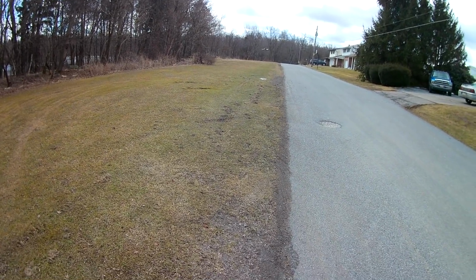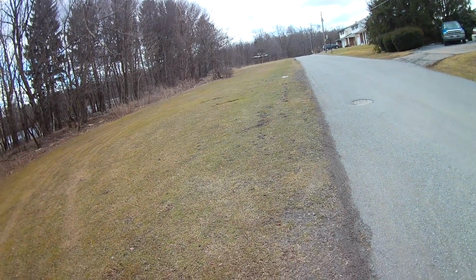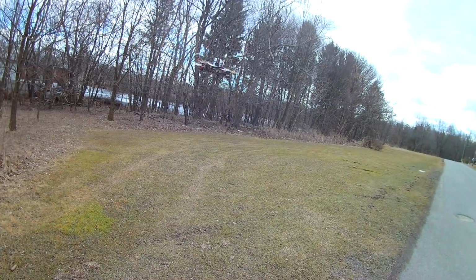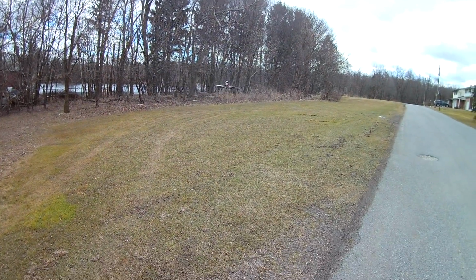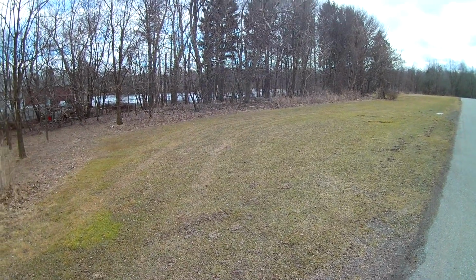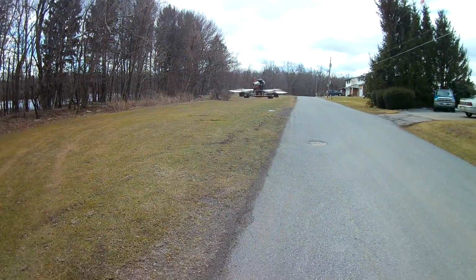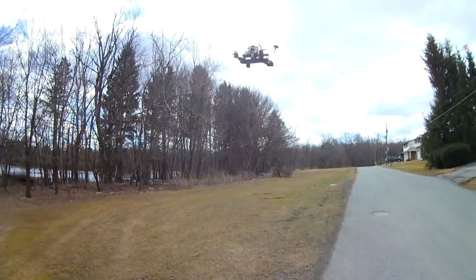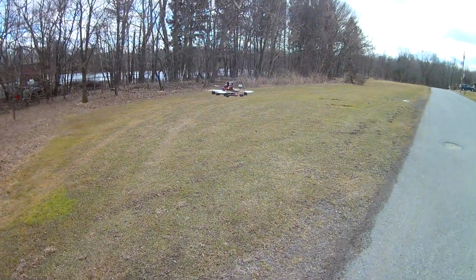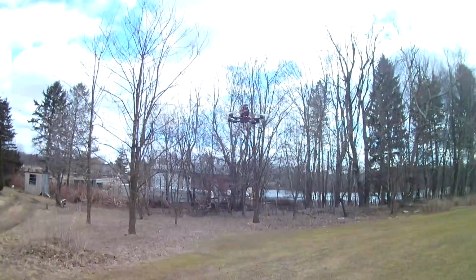So, all in all, what this will show you is maybe you had this and maybe you put your GoPro on this and maybe you were going for a chill flight, a range run. That'll show you what the time frame on these batteries is. Yeah, little spinny. Crazy yaw rate on this. It wants to go. It wants to go. We'll do another punch up. 3, 2, 1, and